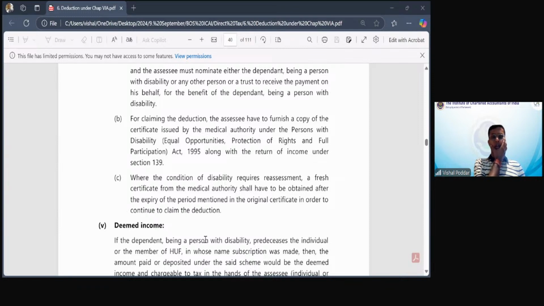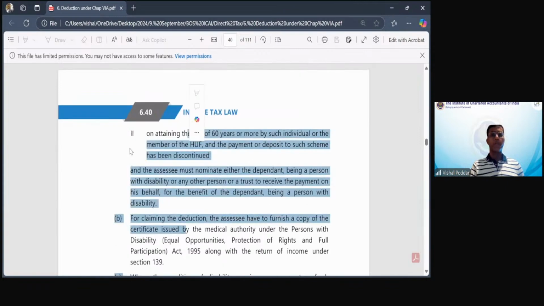Sir, DD is not per se deductible. I did not get your question, beta. DD is not per se deductible in both these sections. Sorry, I am not able to understand the question. Please put it in a different way. Now,